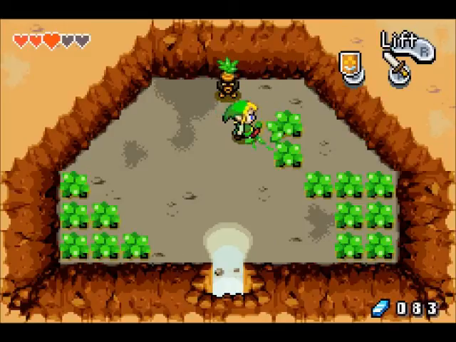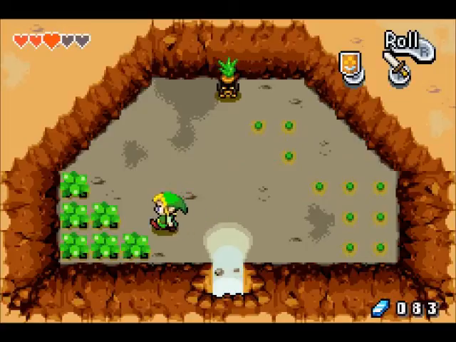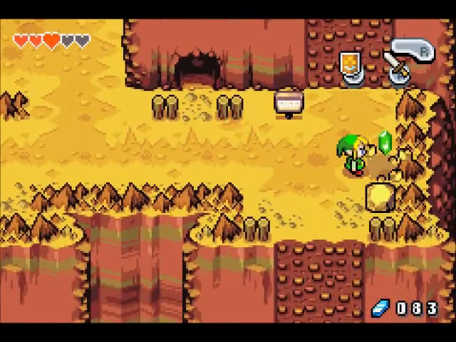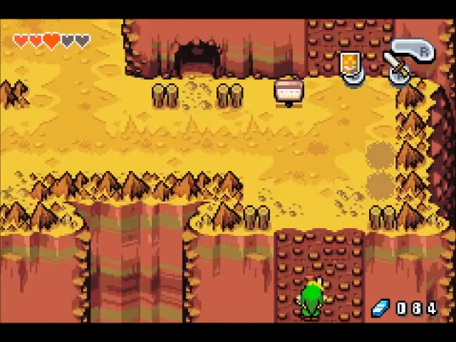Let's see if we can find some hearts, because we are down a few hearts. And, oh, we got plenty of bombs at least. But I would like hearts because I'm a bit low. I'm only missing 2, but that's a bit low for my blood. I'd prefer not to have any hearts missing, personally. So if you want, you can go down, but I don't...